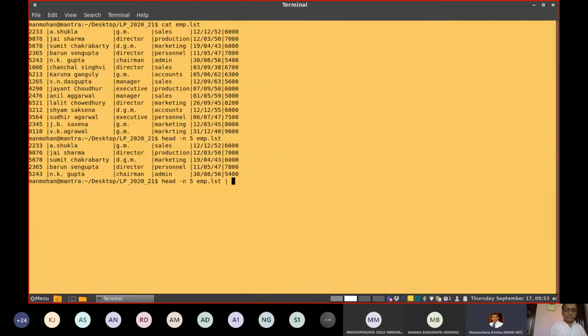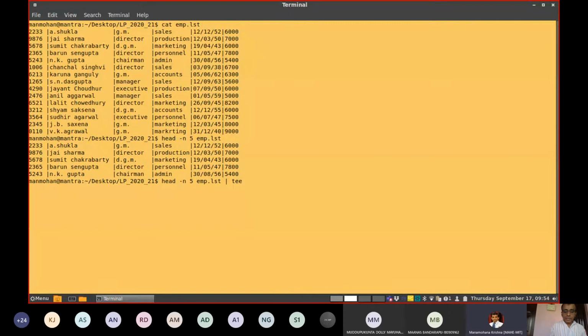After the pipe command, now we assume that this same output, the first 5 lines of emp.lst, I want to store it in a file called shortlist, a separate file. One we know we can directly redirect the output to a new file name. Say for example, if I write, I can take this output to a particular file also. Instead, now what I am going to do here is that, say for example, if I write one command here,